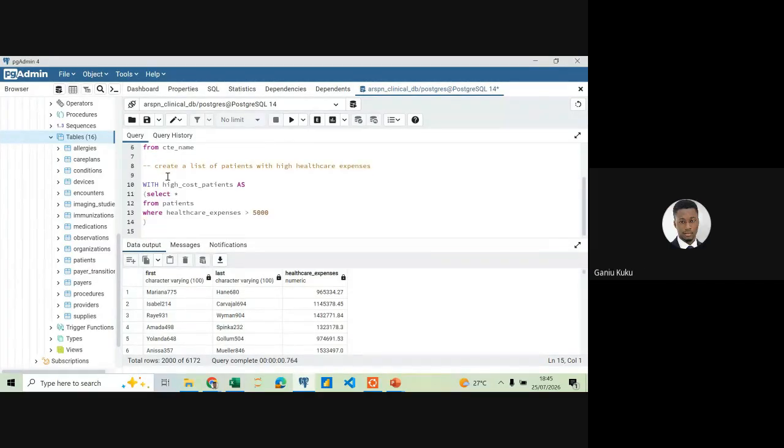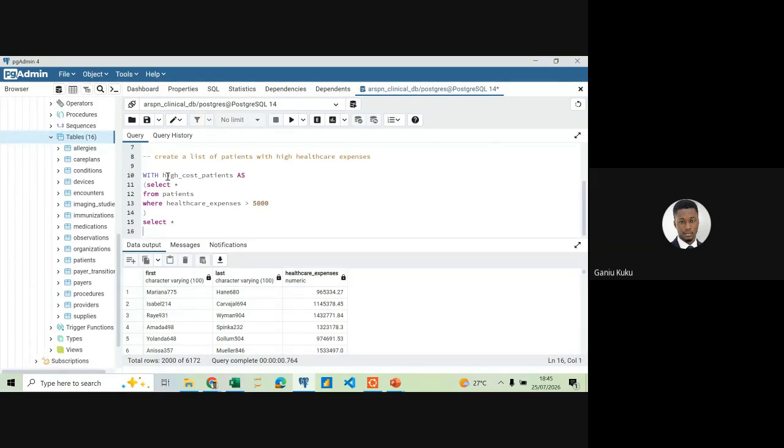Now we want to write the query that will give us the output of this table. So this is giving us the table, but it's not going to show us the output. So we select star